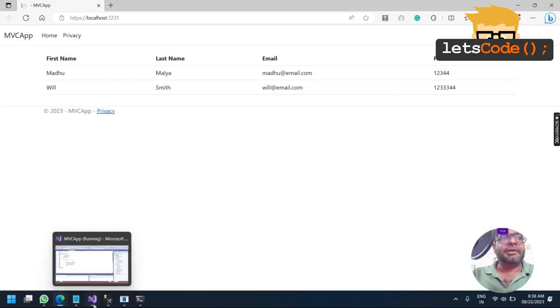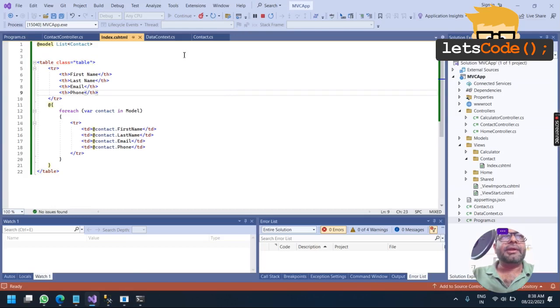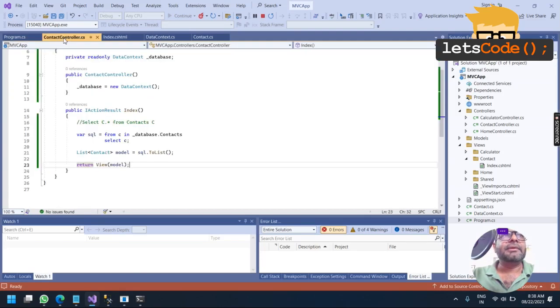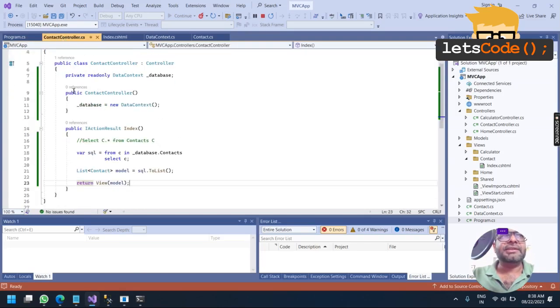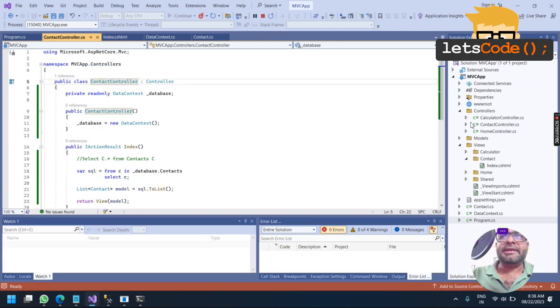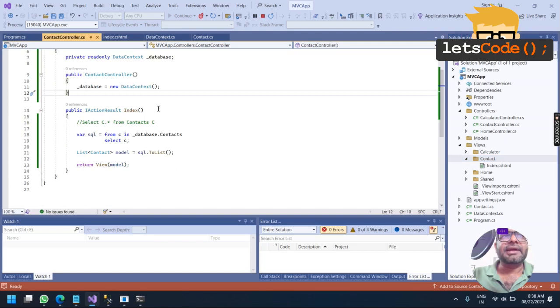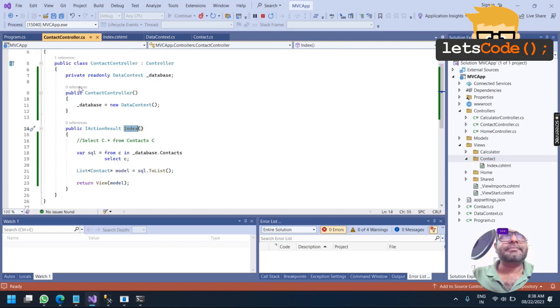Fine. So let me do a recap. In order to understand your entity and data context, you may refer to my earlier video. What I had done: first of all, I created a new view, contact index, where I wanted to show the list of contacts. In order to render the view, I created my controller class, contact controller, that has one action method named index.